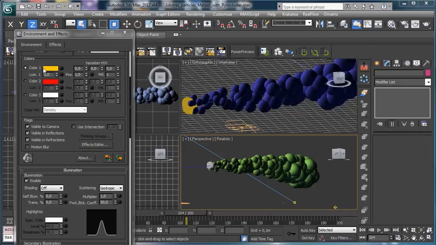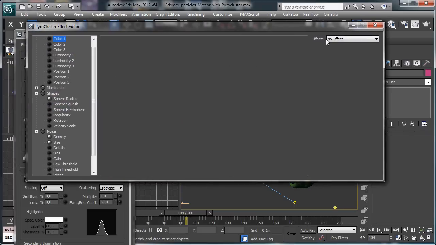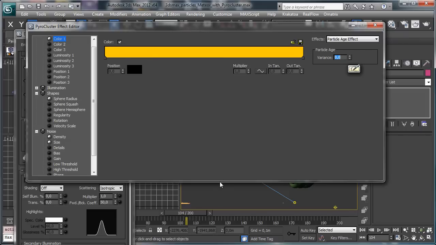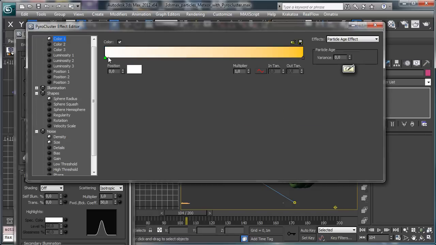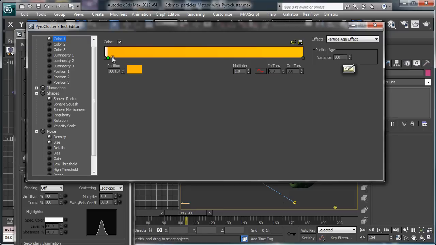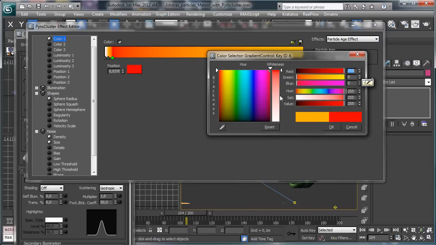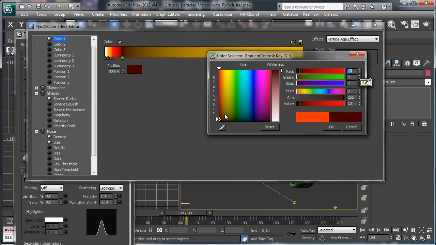So another thing we can do, well, I like to work with the colors, and to work with the colors we can go for a color 1, and we can use a function to control the color, and we can use again the particle age, and you see that we have the gradient. We can use the gradient to have, let's say, maybe white particles because we have a really high lighting, then we have yellow particles, then red particles, and then there, let's say, really dark